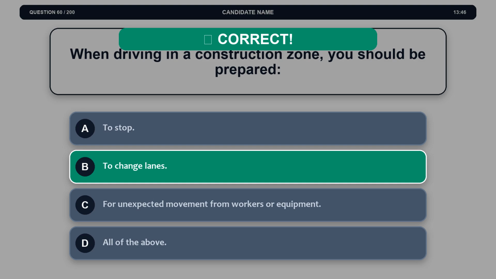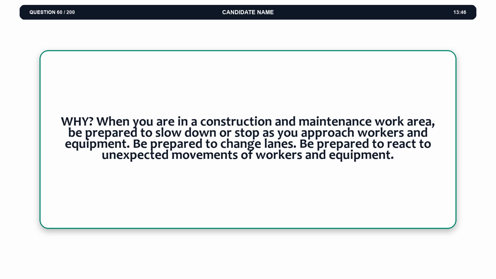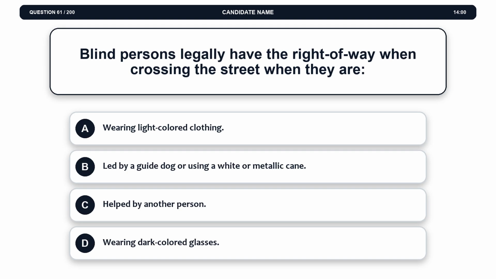The correct answer is option B, to change lanes. Explanation. When you are in a construction and maintenance work area, be prepared to slow down or stop as you approach workers and equipment. Be prepared to change lanes. Be prepared to react to unexpected movements of workers and equipment. Question 61. Blind persons legally have the right of way when crossing the street when they are Option A, wearing